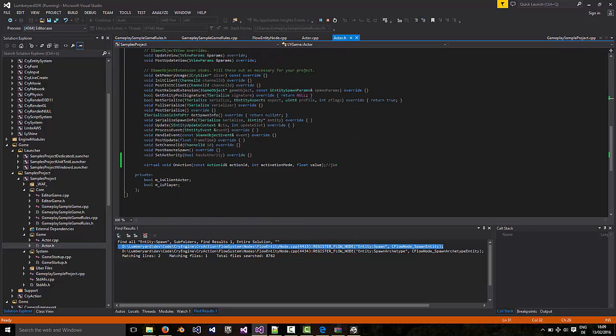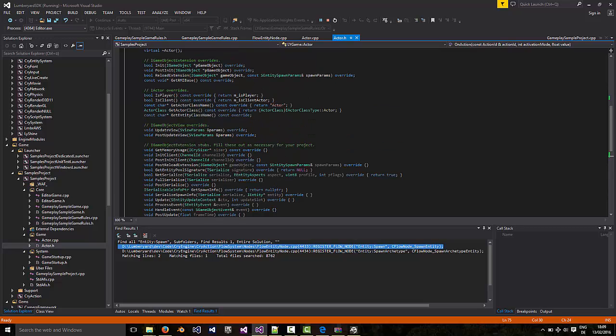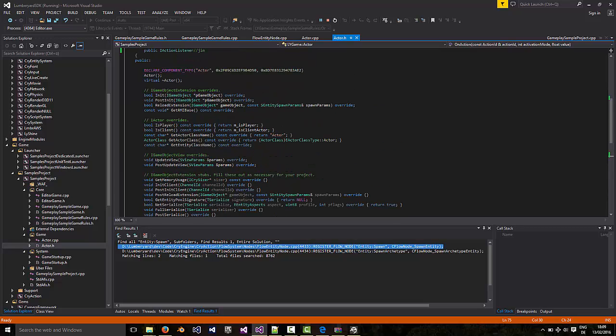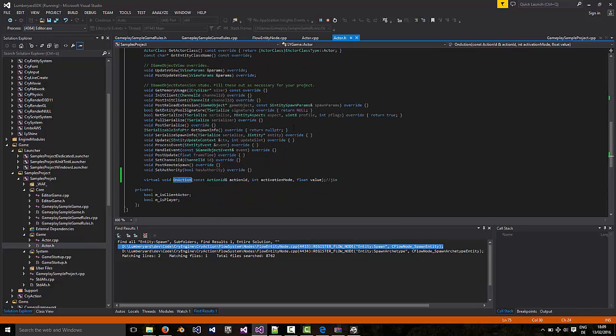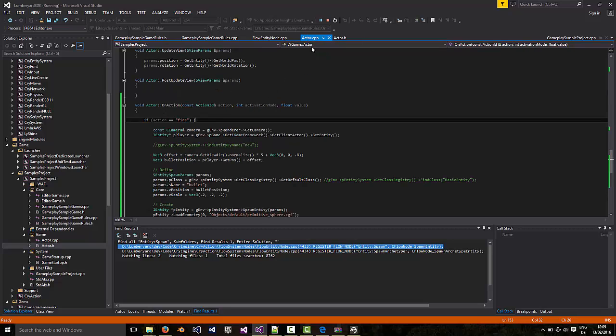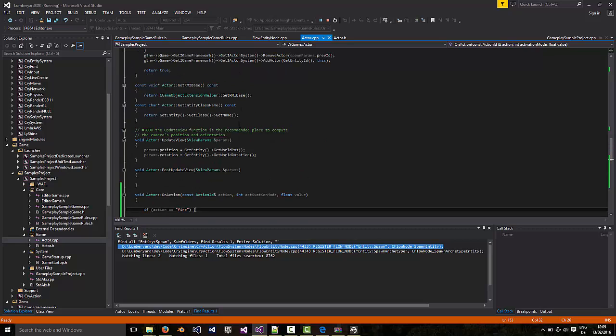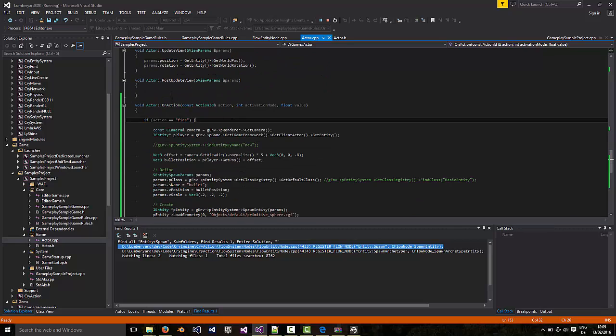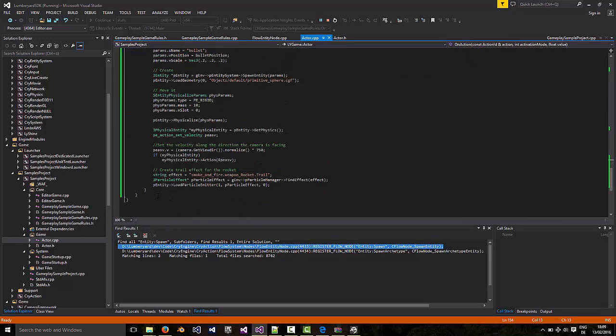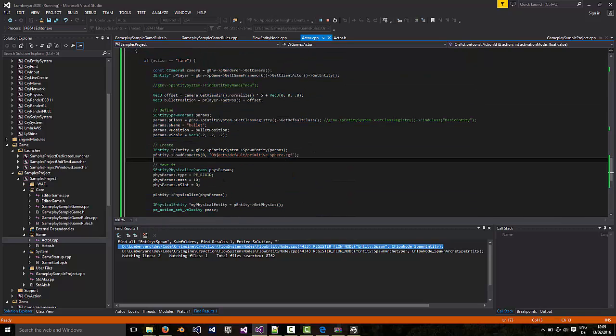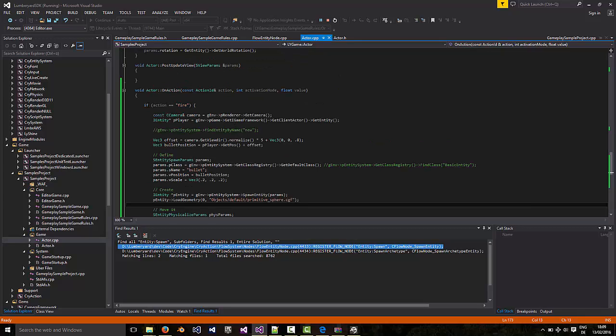Now we need to implement a function called OnAction. So we put that into the set of public functions for the actor class. The implementation then is in the actor.cpp file. So just double click on that to open it up and scroll down to the end of the file and add the OnAction function. And the implementation I have here is such that when the left mouse button is pressed,